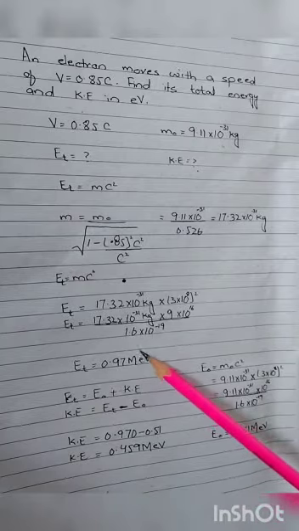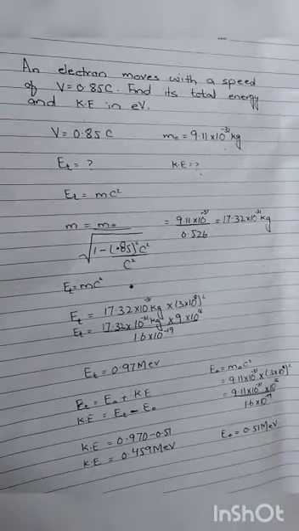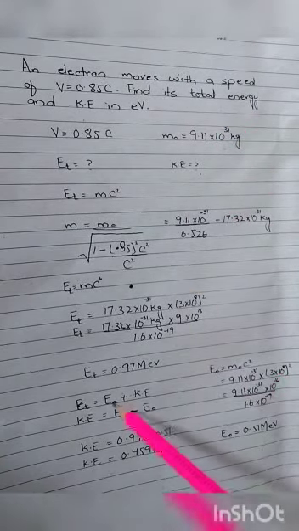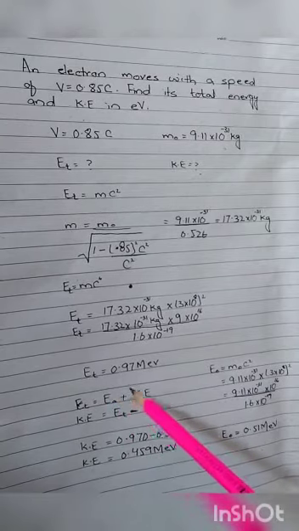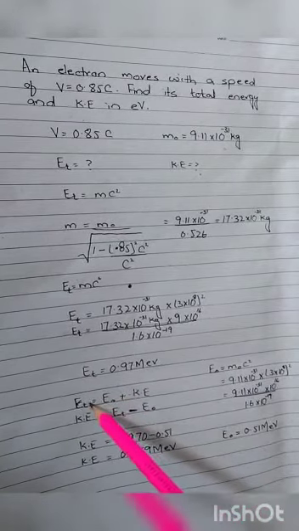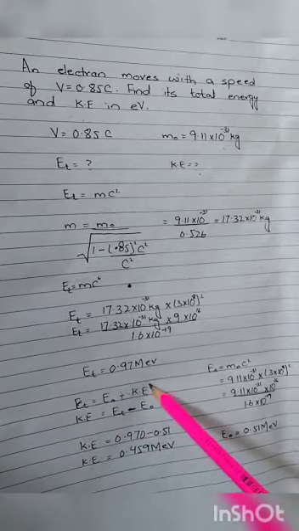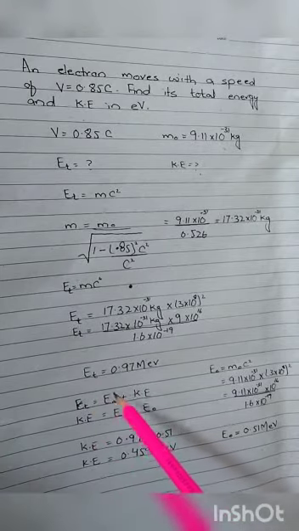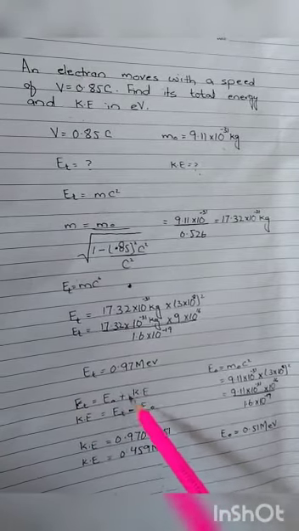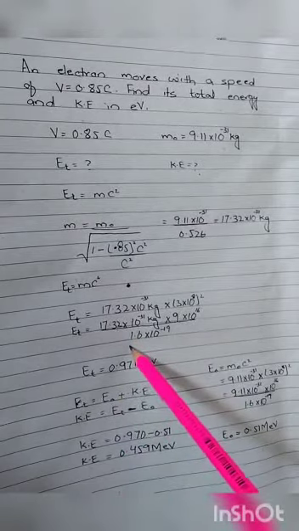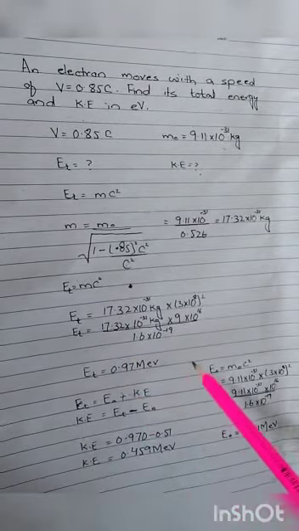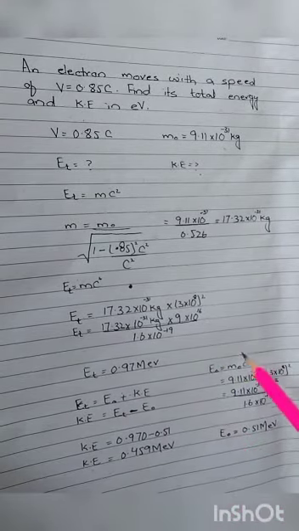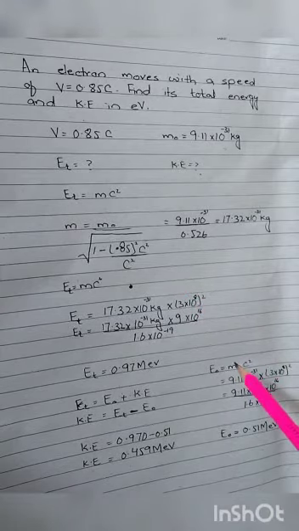Mega is a prefix, that value is 10 power 6. Now you find the kinetic energy of the electron. You know that the total energy of the electron is the rest mass energy plus the kinetic energy. From this formula, if you find the expression for kinetic energy, you get kinetic energy is equal to total energy minus rest mass energy. So here you have the value of total energy, but you don't have the value of rest mass energy. By using the same formula, E is equal to mc square, you have to find the rest mass energy. But instead of relativistic mass, now you use the rest mass of the electron.